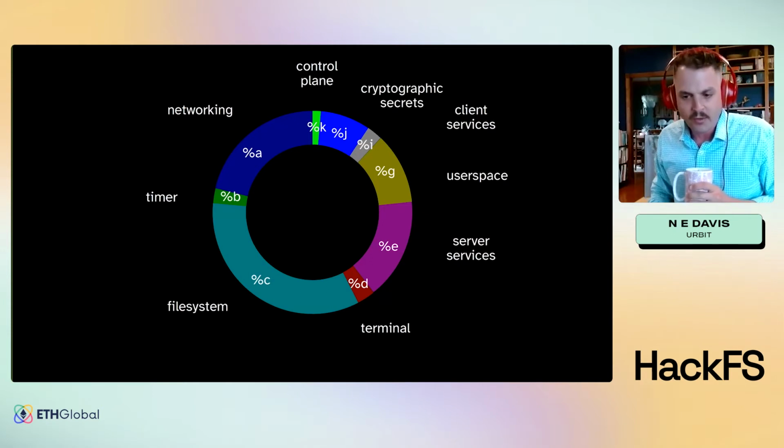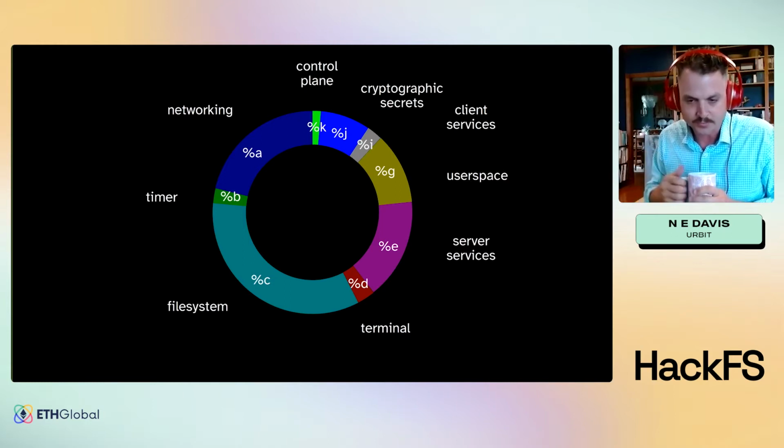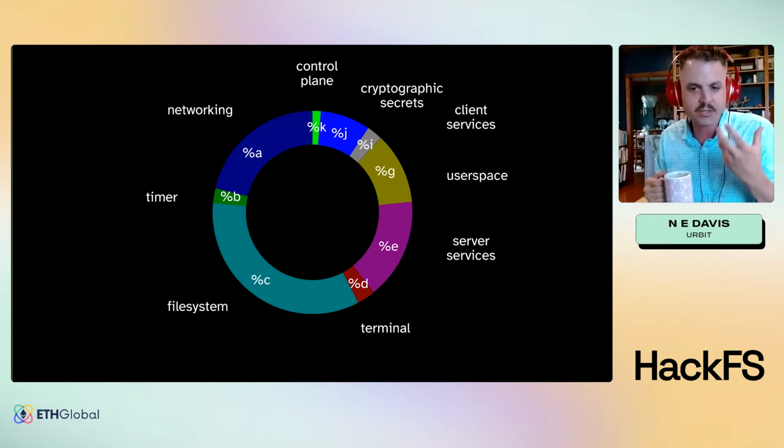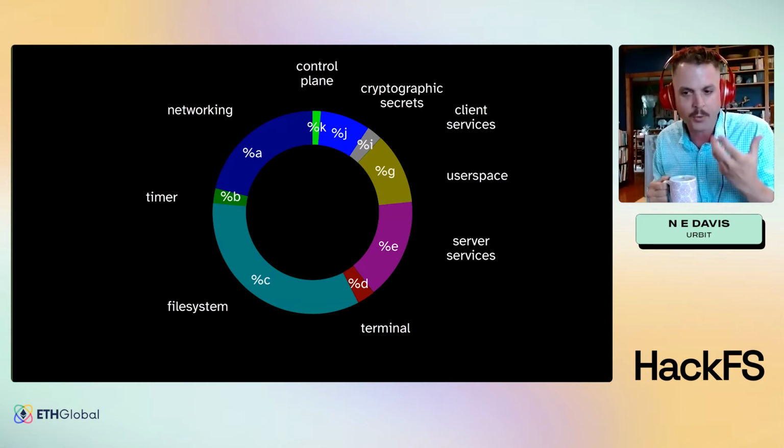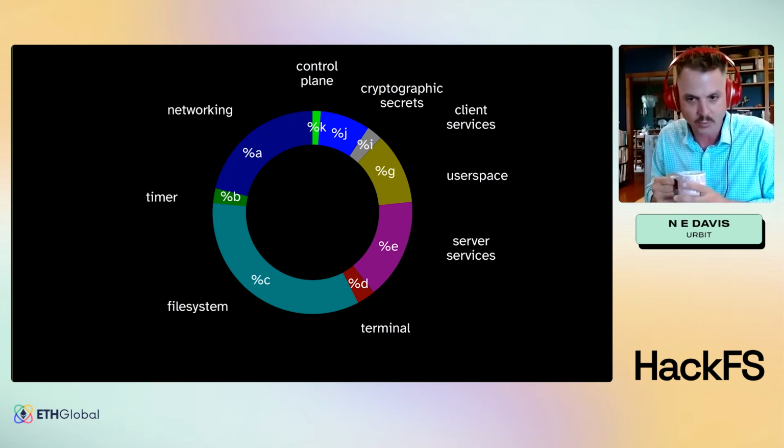So if we expand this out and we look at what the system services are, these are essentially your operating system primitives. These are the things that Urbit as an OS knows how to do for you that you don't have to worry about provisioning if you're writing an application that works on these. Some of these make a lot of sense.